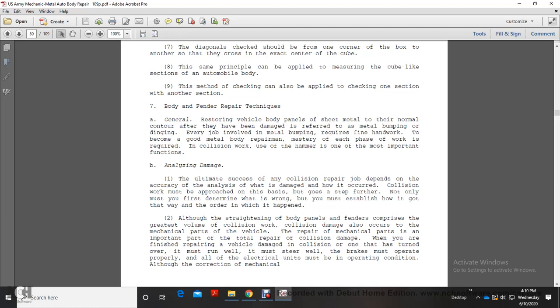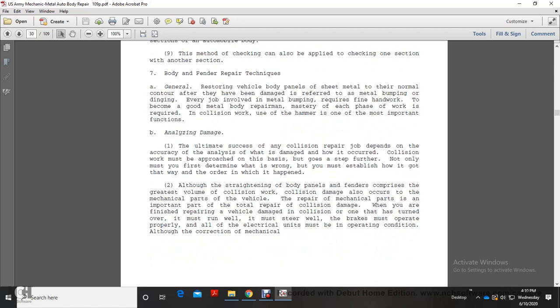Collision work uses the hammer in one of the most important functions. B. Analyzing damage. Ultimate success of any collision repair job depends on the accuracy of the analysis of damage, how it can be occurred. Collision work is approached on the basis of a good step further. Not only must you first determine what is wrong, you must establish how it got that way in order to know what happened. Although straightening of the body panel fenders can comprise the greatest volume of the collision work,